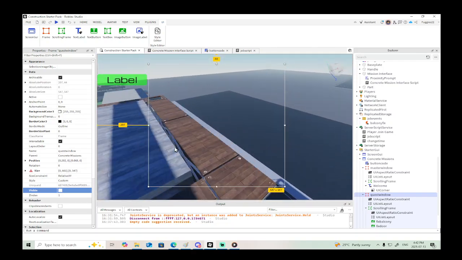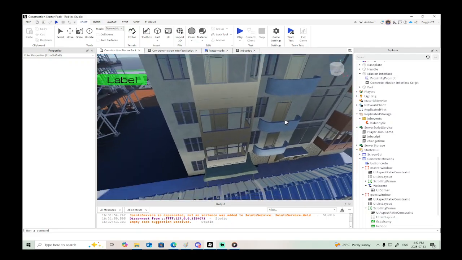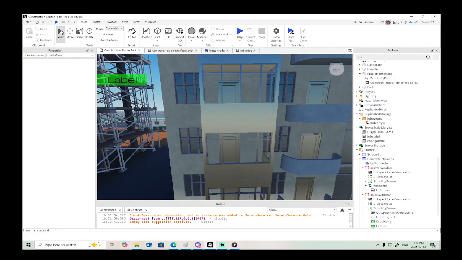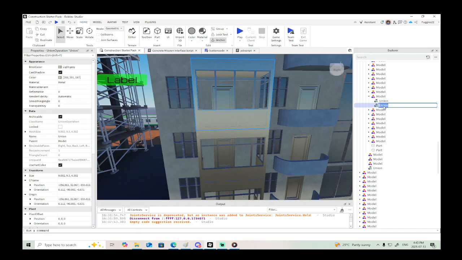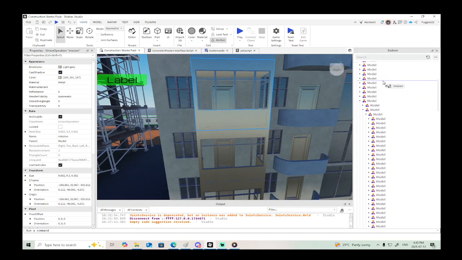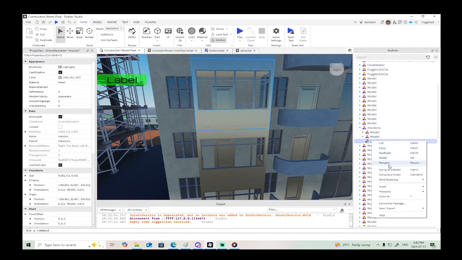So what that will be essentially is finding a balcony, renaming it mission, and then we want to put that in the beginning of the model, and we're going to call this mission A. Simple as that. And then we're going to go insert object,